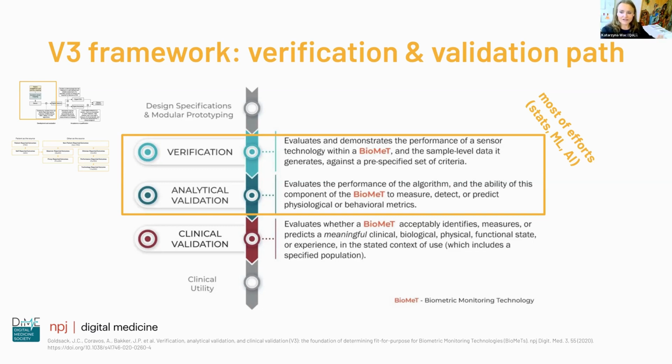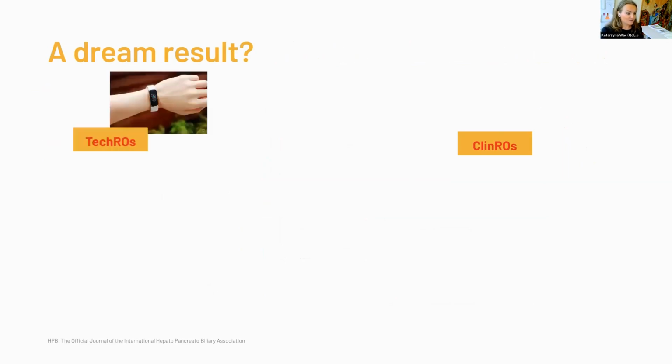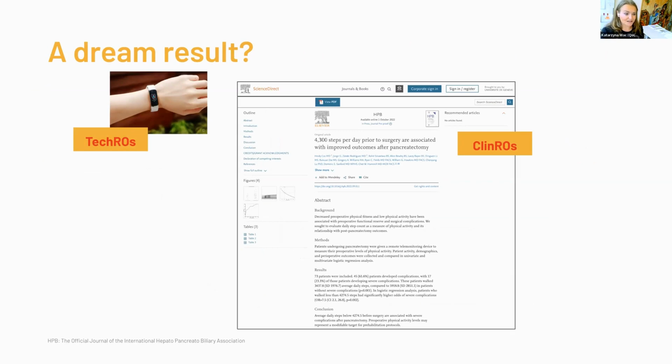We write our papers on high correlations, and sometimes, unfortunately, we're too happy too early. A dream result, for example, would be this one, which was a Fitbit example. I'm a bit sarcastic here. I'd better contact the authors before it's too late. Using Fitbit and correlating with clinical outcomes after surgery, the authors point out, for 73 patients, a specific threshold of 4,274 steps, which had significantly higher odds of severe complications. I challenge this paper on different levels of analytics, but the first thing is that Fitbit is not that accurate in measuring steps. So what exactly is this 4,272 steps? And that is not a bulletproof and validated way of approaching the development of this correlation,